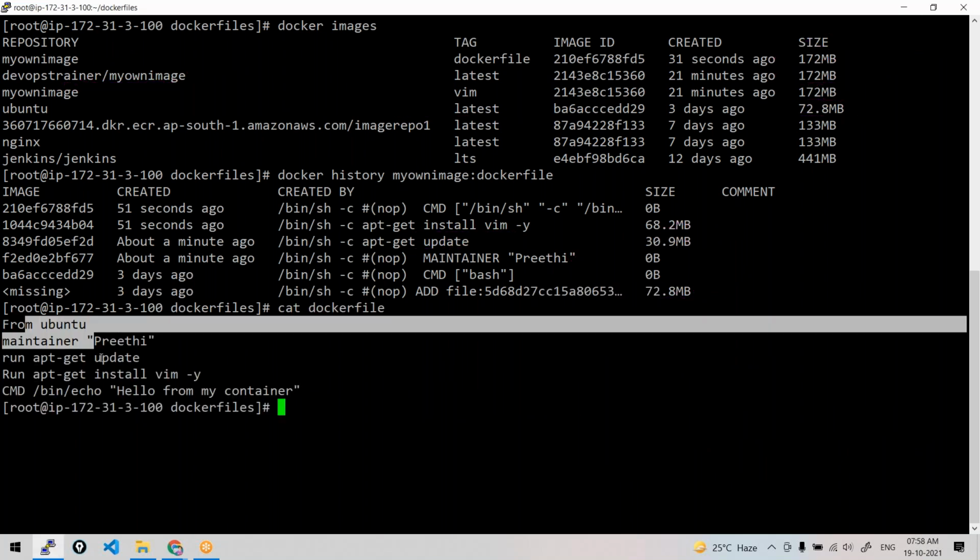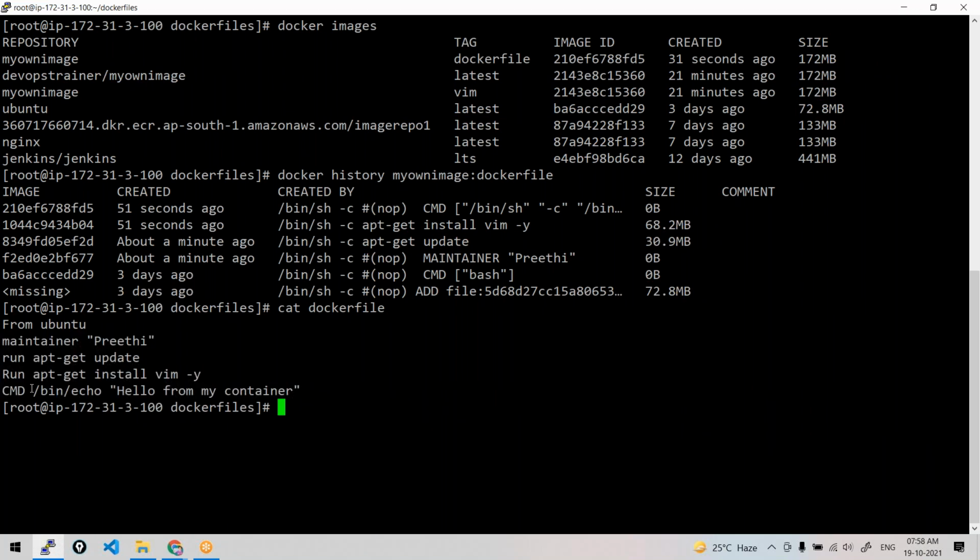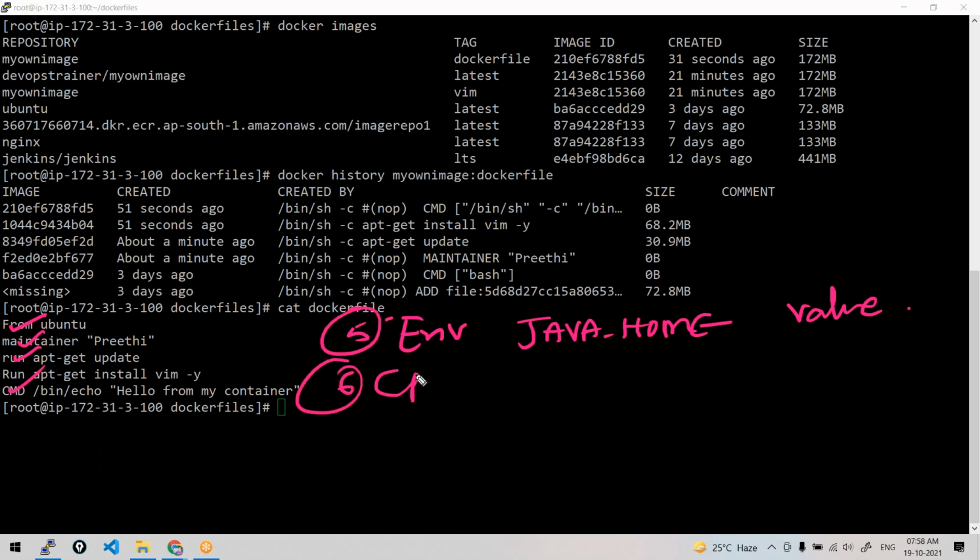See here, till now we have used the run command and cmd command, right? There are also other Docker instructions we'll be using as we go by, but let me list them. Something like env, which means if you want to set environment variables, like we set Java home in the container, some environment variable and value. This is another Docker instruction, the fifth one we have seen. And there is copy, to copy files from the host system to a container location.